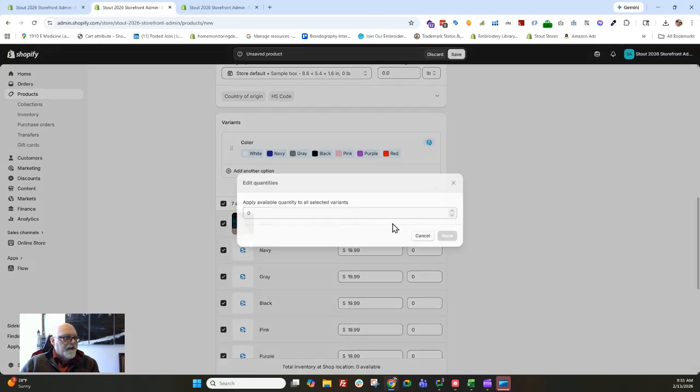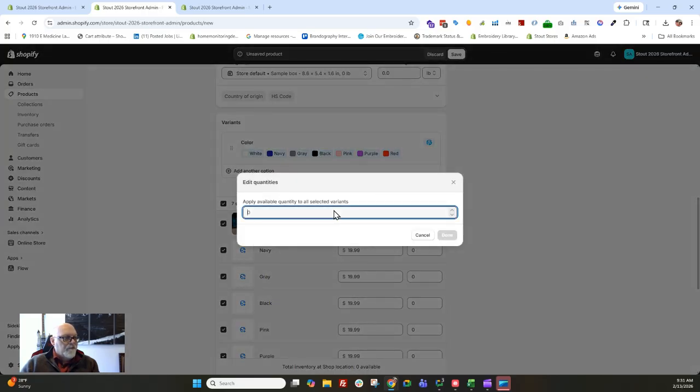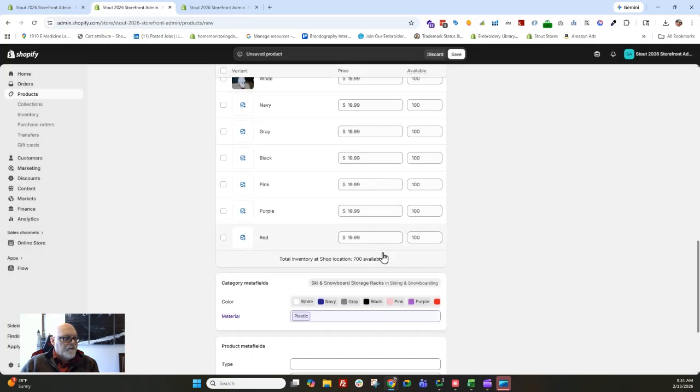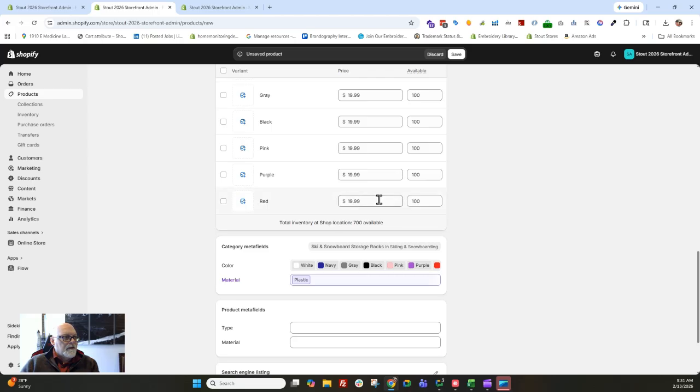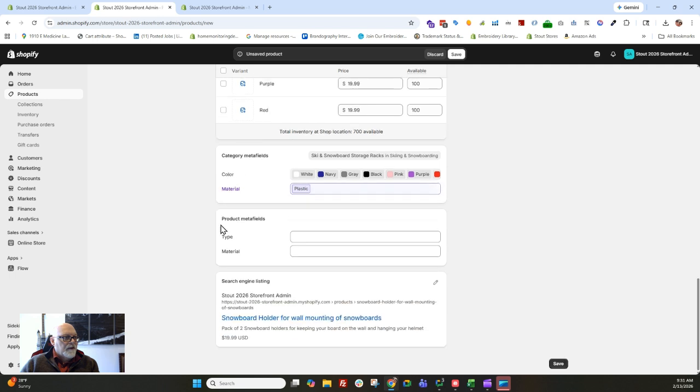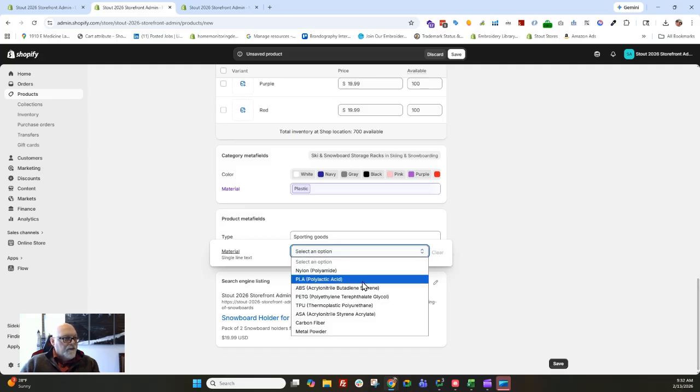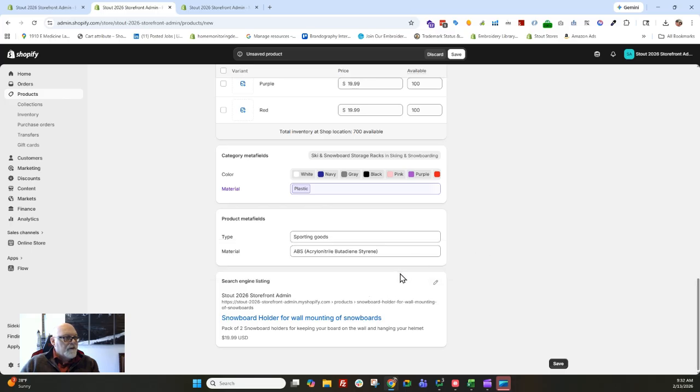This is how I would add an image. So I'm going to add an image of the white one. And if I had other images, I would add those in here of those different colors. I'm going to add products. I'm going to edit quantities. And I've got 100 of each. And now you can see I've got the price, I've got the quantities, got my category meta fields, color, my